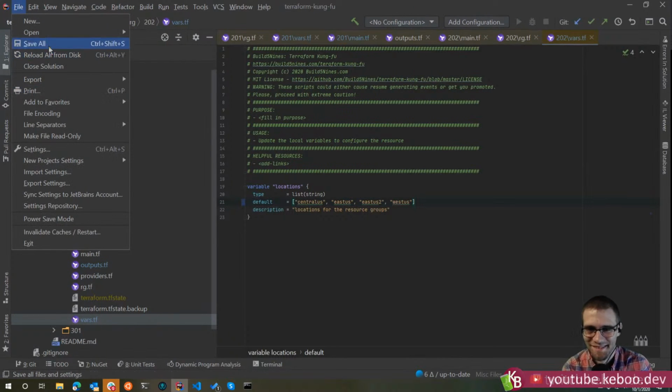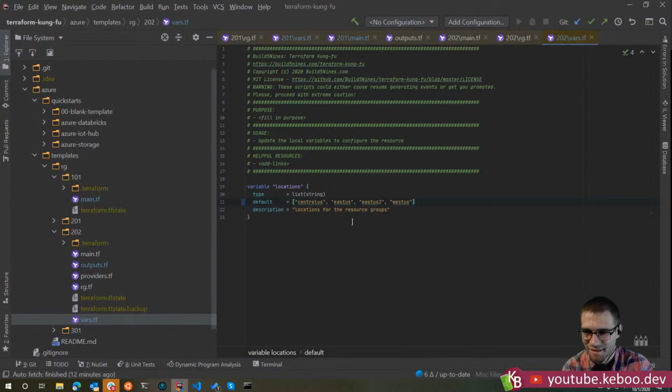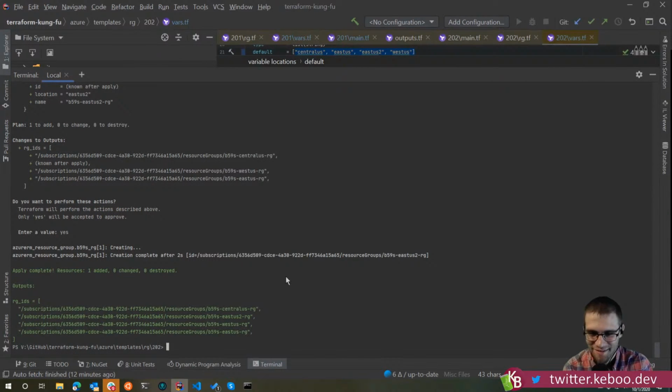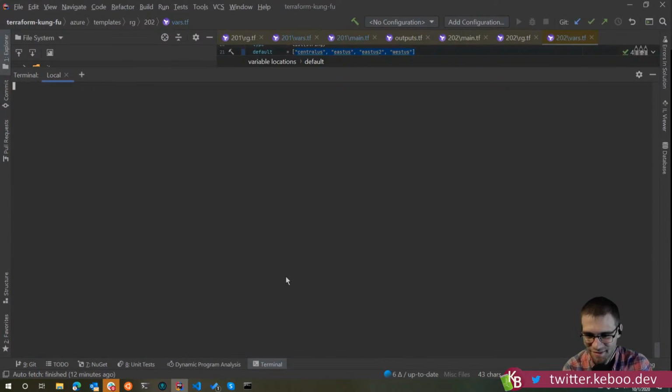See, to me, this doesn't make sense because Central US is not a region pair with East US 2. I know Azure, so my brain goes, this is gross. That doesn't make sense. But to a person that's just being alphabetical, you see the difference between the programmer mindset and the IT mindset. Exactly. So if I do a plan again, we should see this really barf.